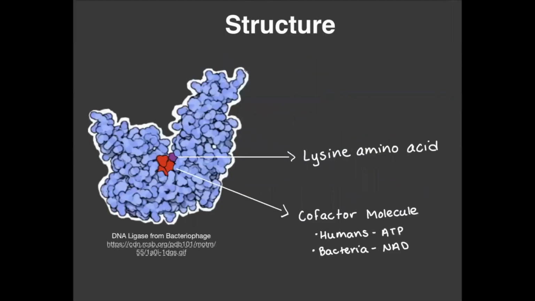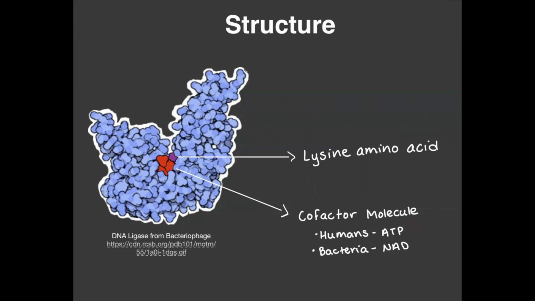DNA ligases have two important regions in their protein structure, the cofactor molecule docking region, which is shown here in red, and the lysine amino acid, here in purple. These specific parts of the ligase protein are what binds and interacts with the DNA to carry out its required functions. In humans, the cofactor molecule needed to interact with DNA ligase is ATP, while in most bacteria it is